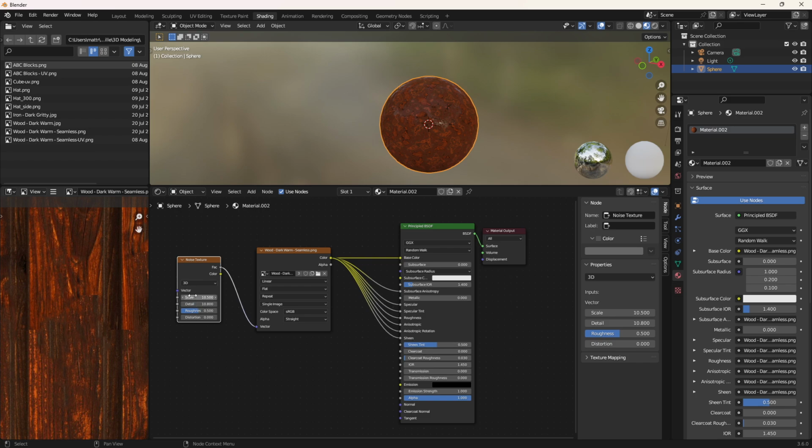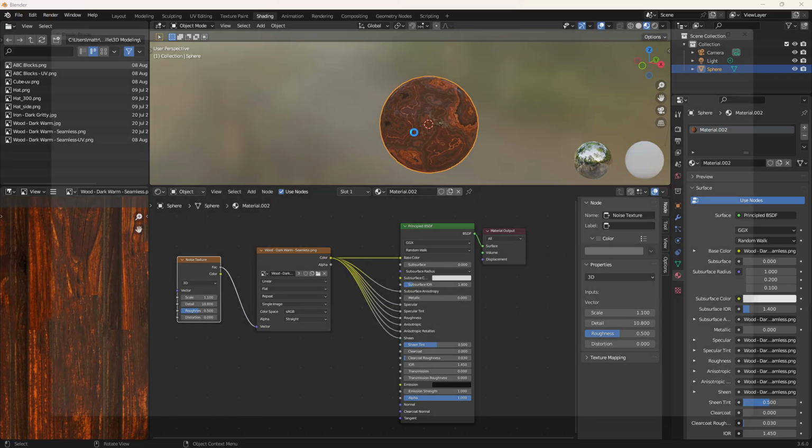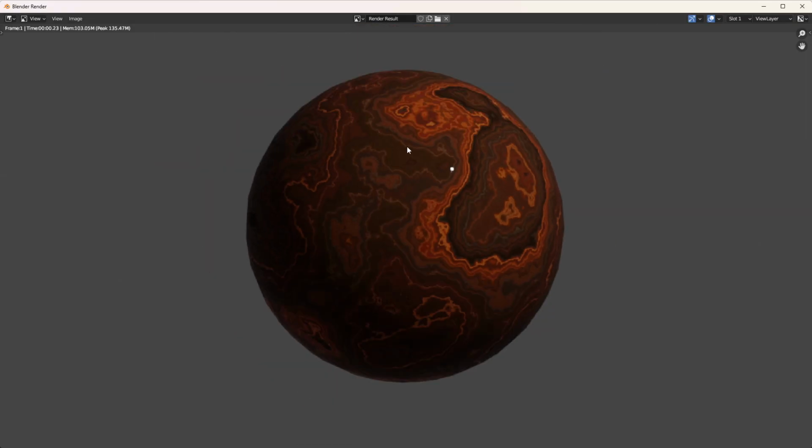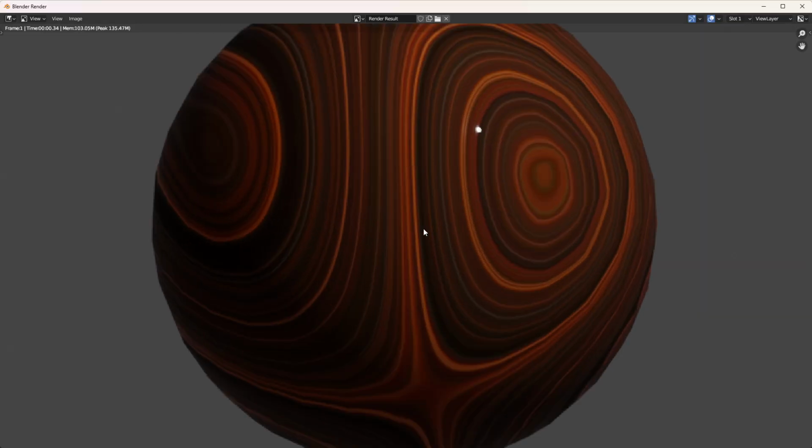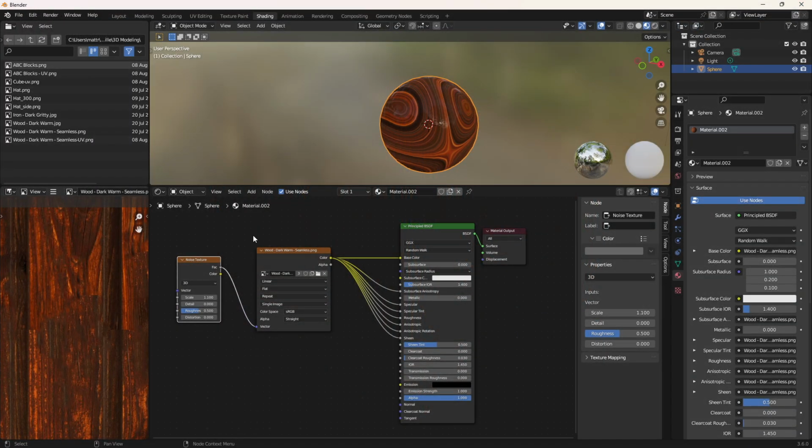Interesting stuff. Now that we've got this fed into the vector, you can see that as I increase or decrease the scale, we're getting some very interesting results. Now this noise makes it feel like some sort of topographical terrain, or maybe the inside of a geode. I can change the detail value, and reducing that gets almost alien-like striations. I can mess with the roughness,